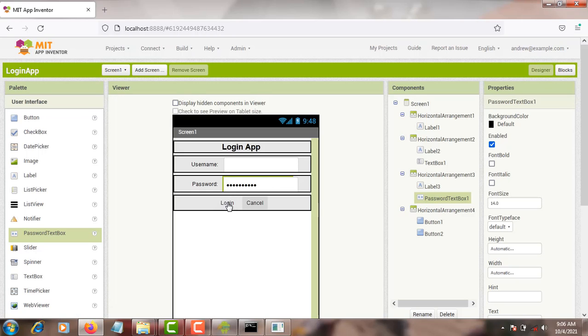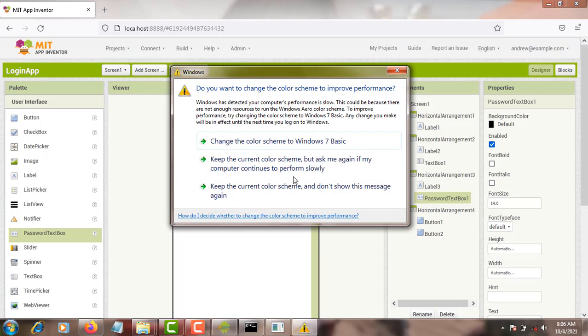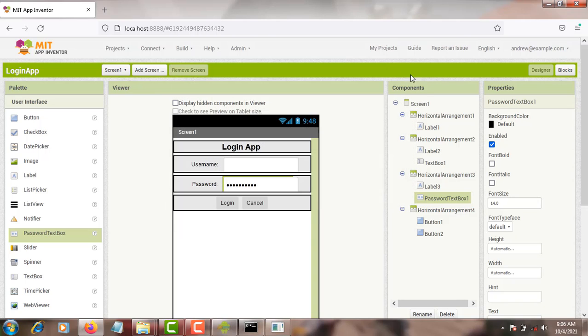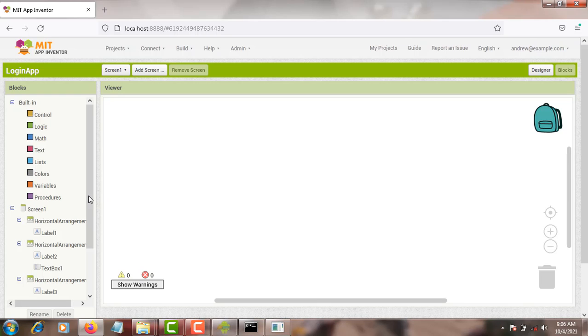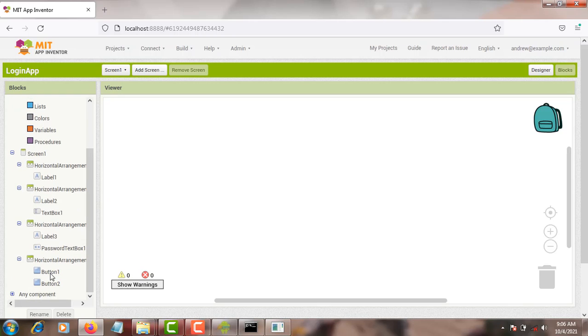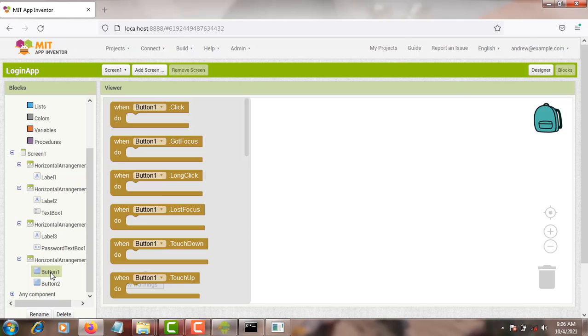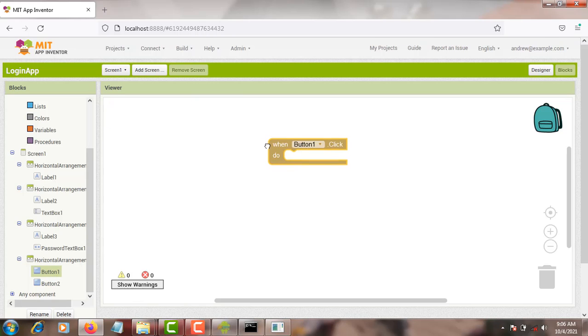If you click on this login, if the username is true and the password is true, we'll get another interface. Sorry. If you click on cancel, this interface will exit. What you need to do here, we need to go to the blocks, then we need to come here to the button 1. When button 1 click,